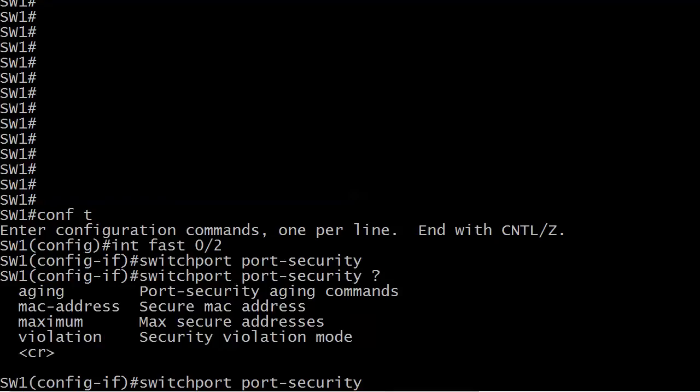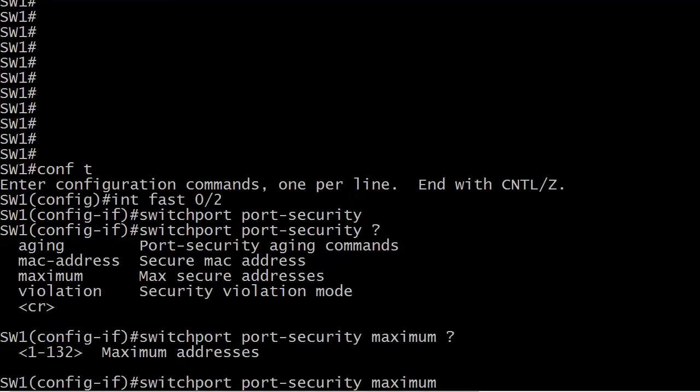We've looked at two of the three, and here's the maximum option. As you can see, you cannot set this to 0. I mentioned two videos ago that it wouldn't make much sense to, and it wouldn't, and apparently Cisco agrees, because that would really disable the number of MAC addresses command. If you're going to do that, you might as well shut the port down. So we're going to go ahead and set this to 2,